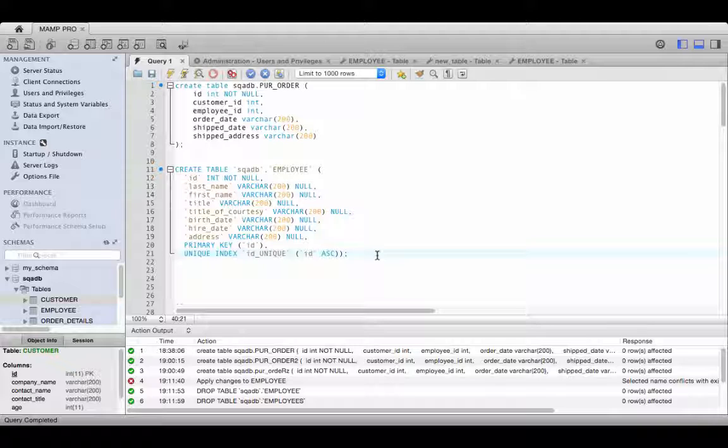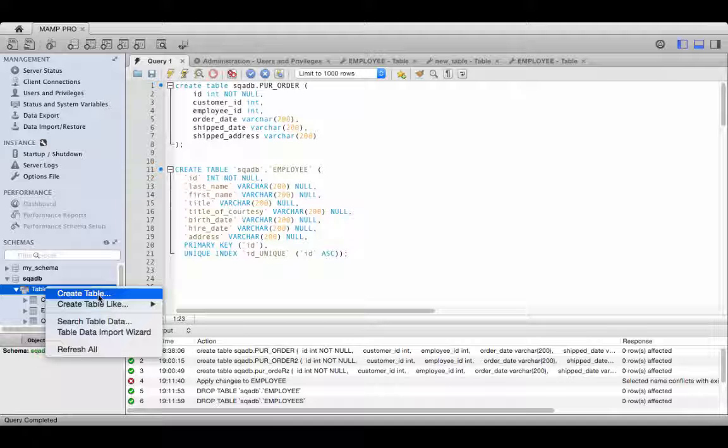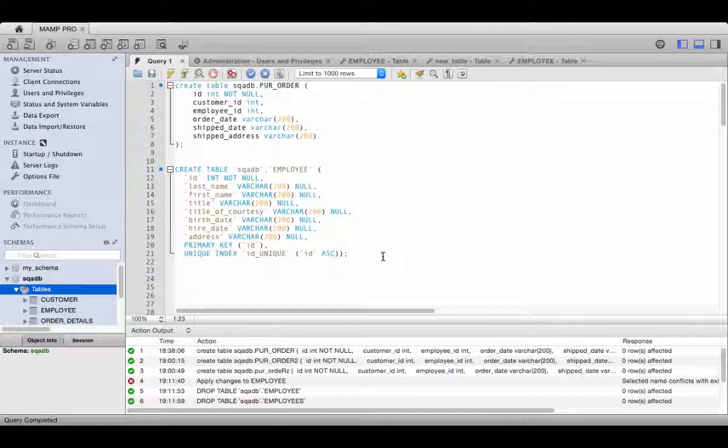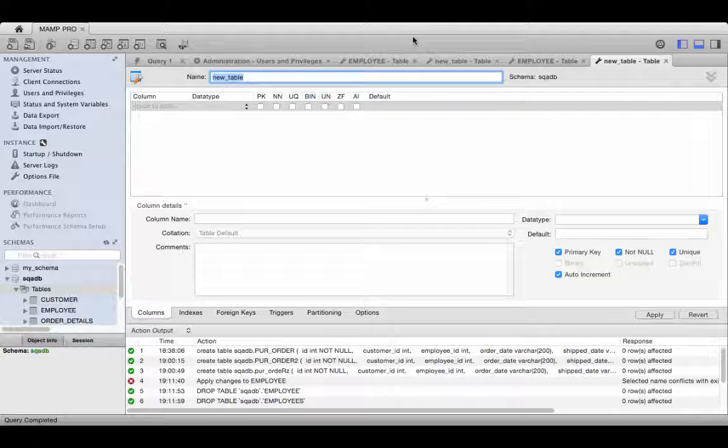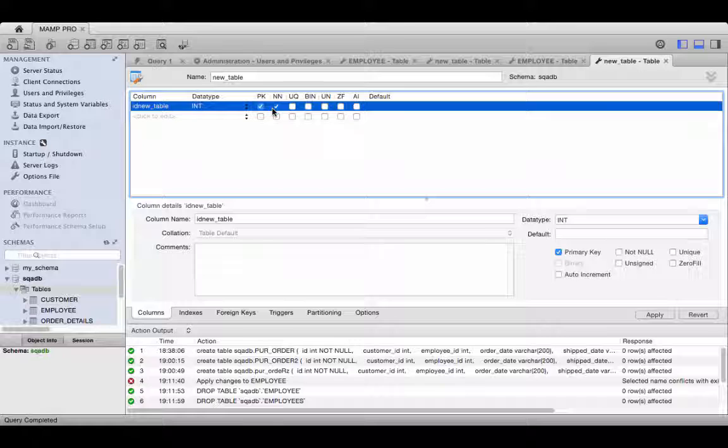Okay, so we'll do the next one, and just try to do it on your own using the wizard. You already did everything, but I mean using the wizard to create table. And your first is always going to be